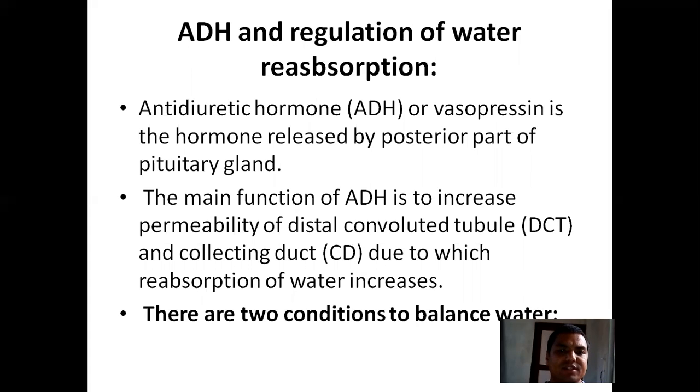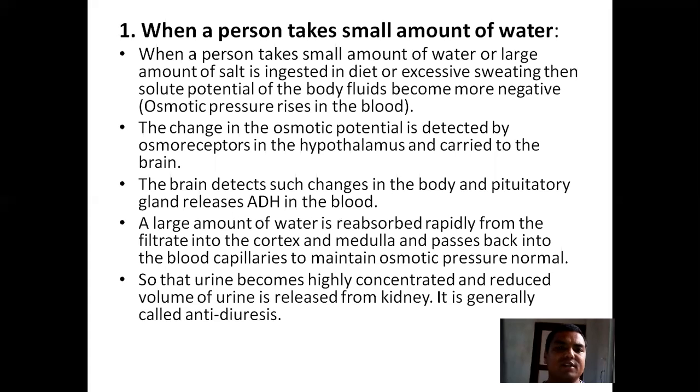ADH or vasopressin is the hormone released by the posterior part of the pituitary gland. The main function of ADH is to increase permeability of DCT and CD, due to which reabsorption of water increases. There are two conditions to balance water in humans. When a person takes a small amount of water